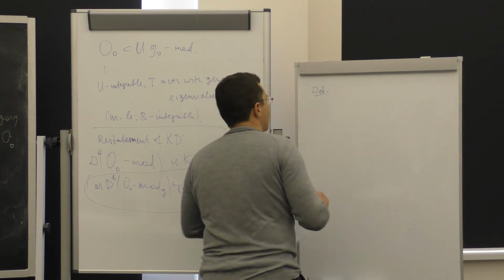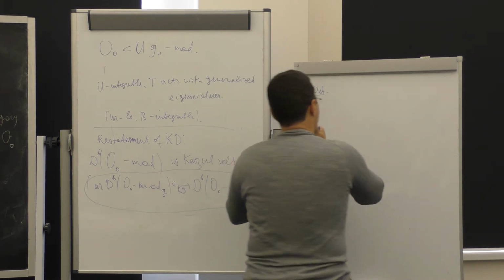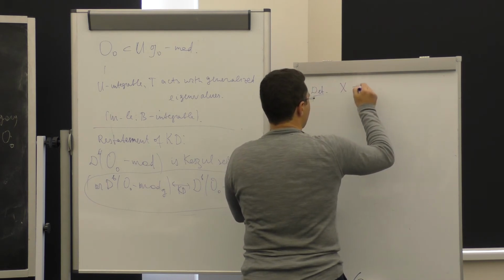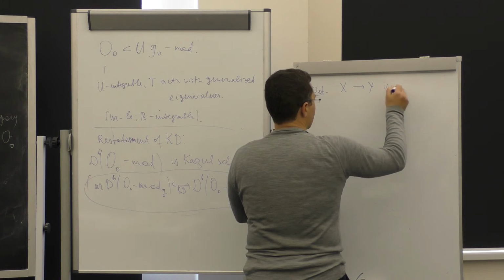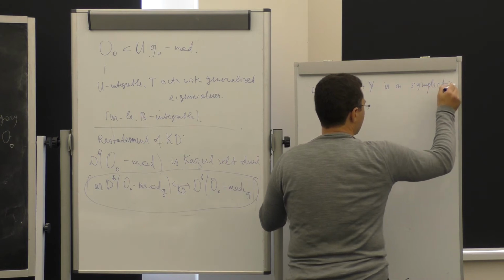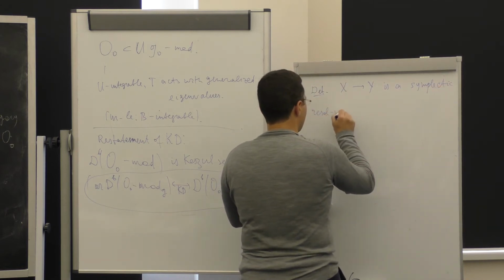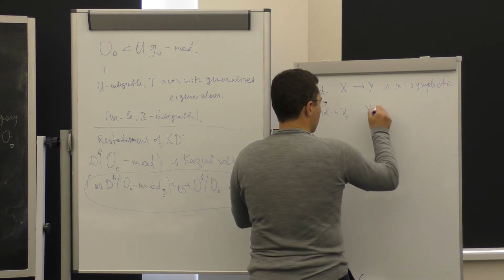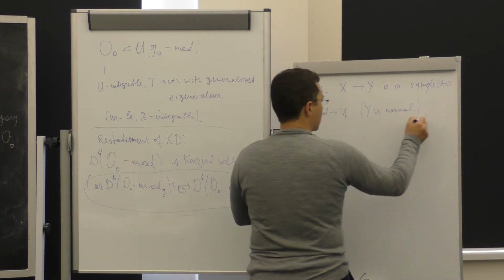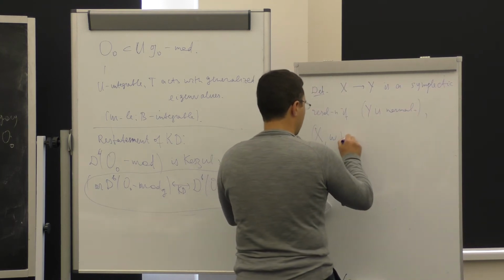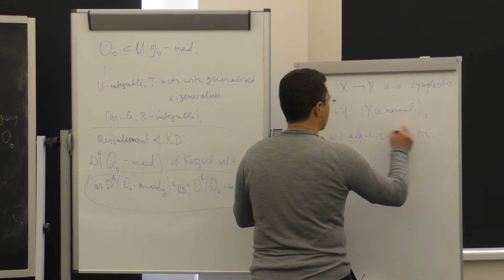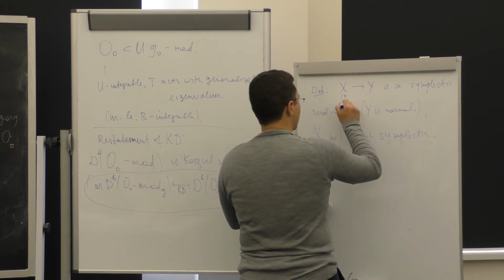Definition. We look at a conical symplectic resolution, X to Y. I will only consider Y normal. This is a minor technical condition, but the point is that X with omega is algebraically symplectic, and we'll always assume that there is an action of a multiplicative group